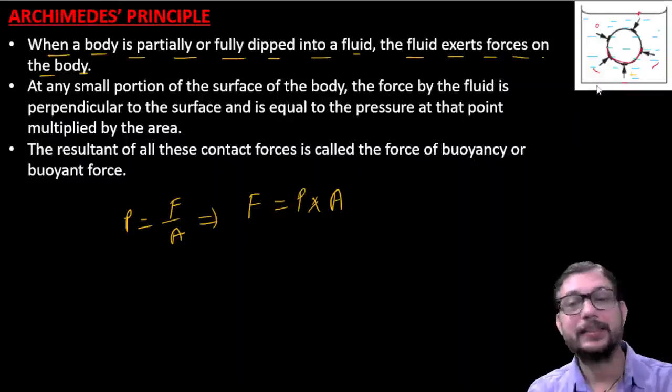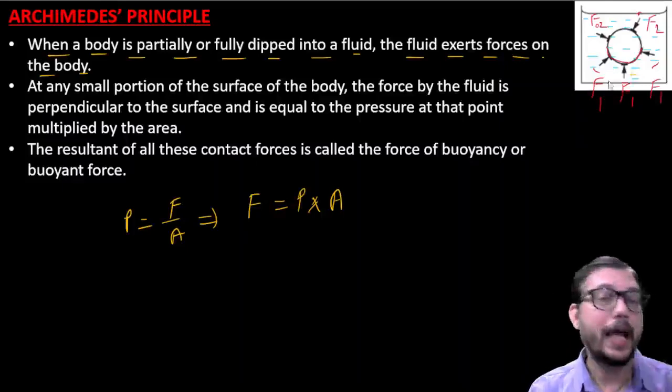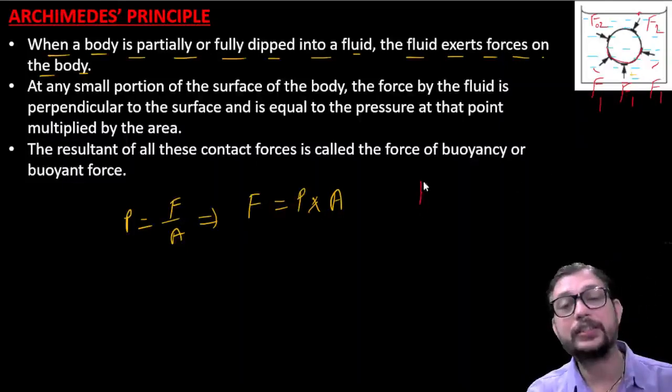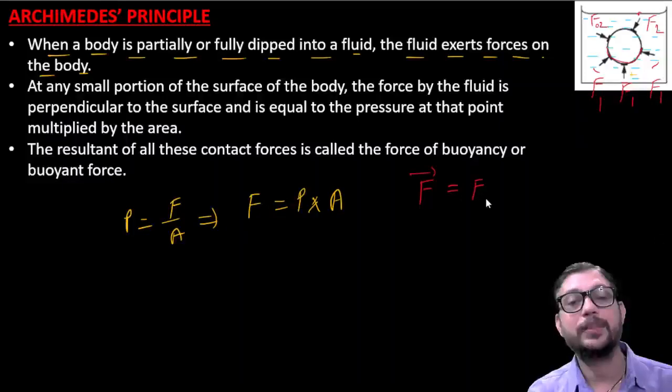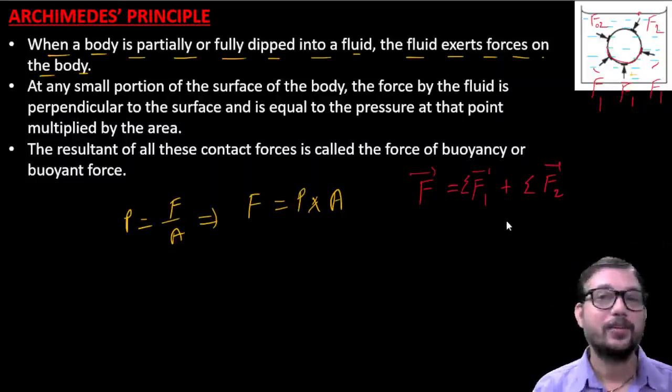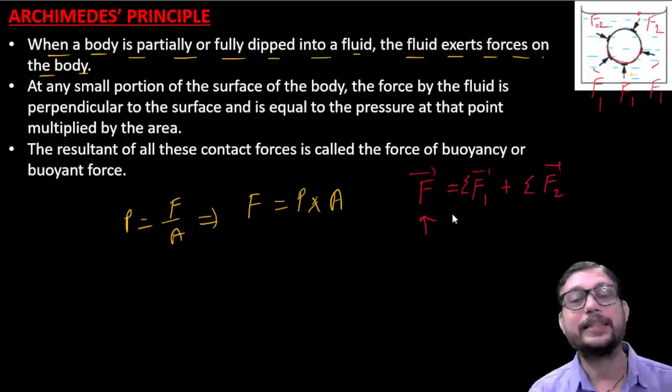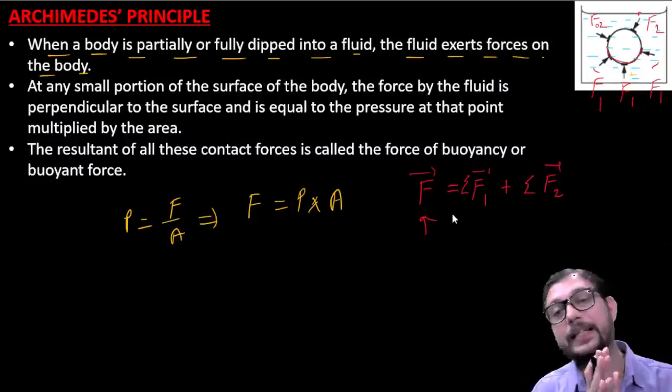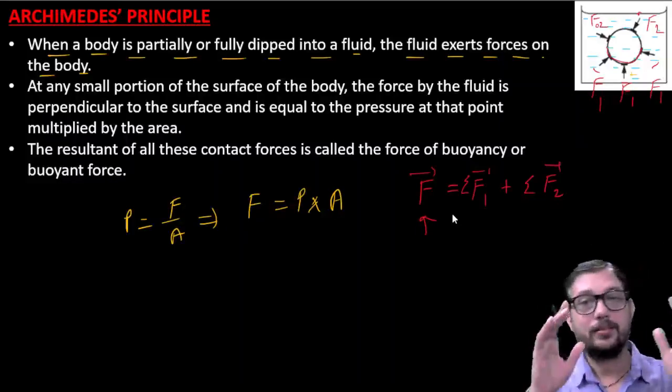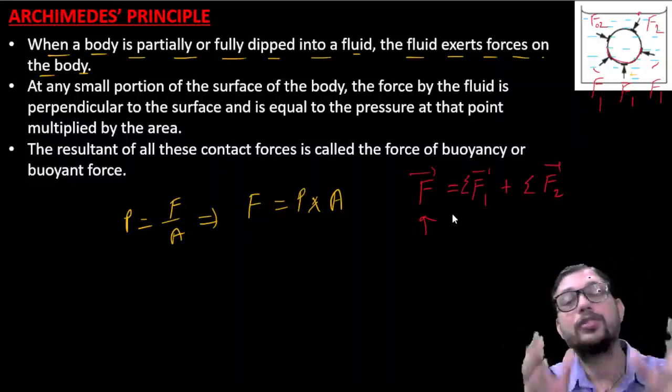Okay, so basically if the force on the lower edge is greater, let that force be F1, and the upper force will be smaller, so let it be F2. So we have some resultant force which can be given by the vector F, that will be the summation of the F1 vectors plus the summation of the F2 vectors. This force is basically the resultant force we get due to the forces applicable on the body